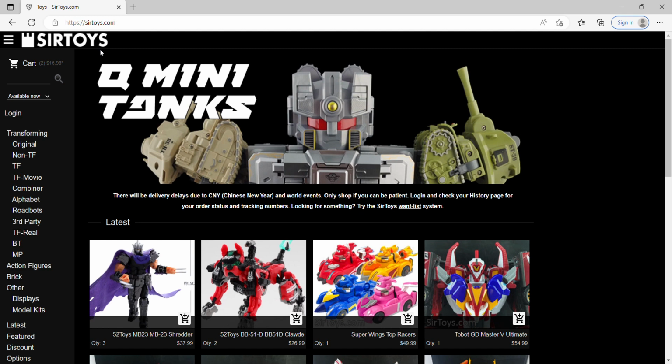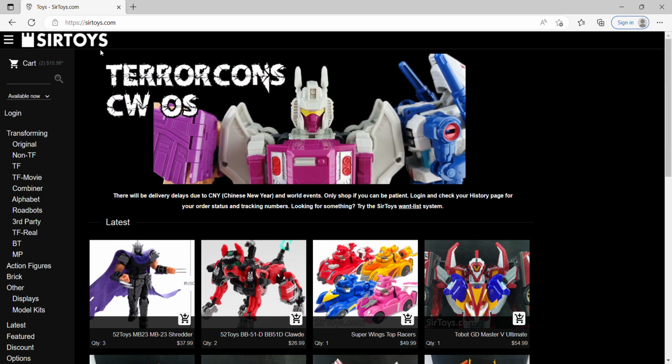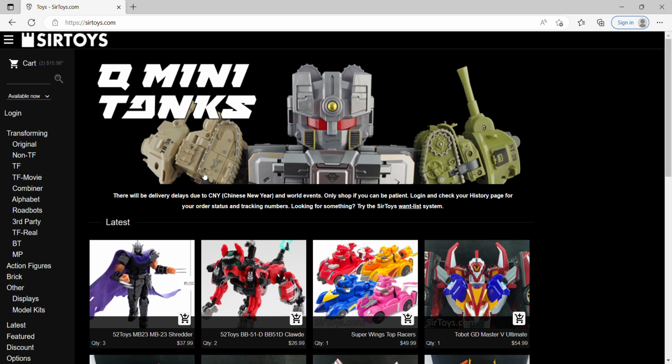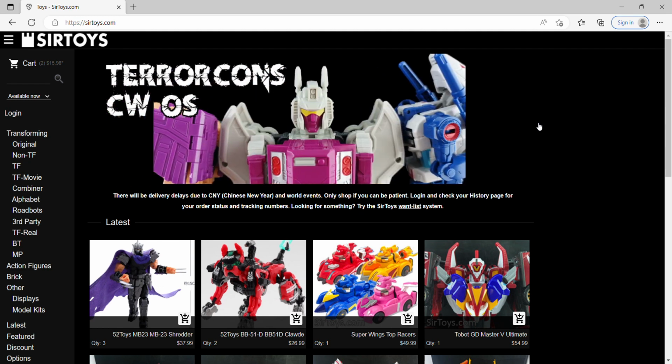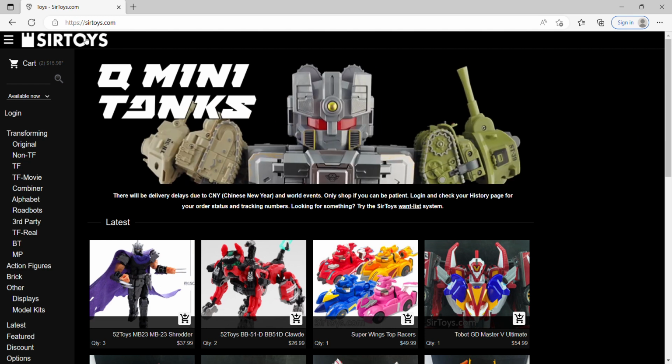I got a few KO Combiner Wars figures for my Starscream Combiner. I'm just waiting for them to get some more stuff in that I'm interested in. You've probably seen the Terracons flash up here. They offer an oversized one of those, which I'm actually very, very tempted to get. However, there he is now. But something I found today while I was just scrolling through the website, which I do occasionally, I found